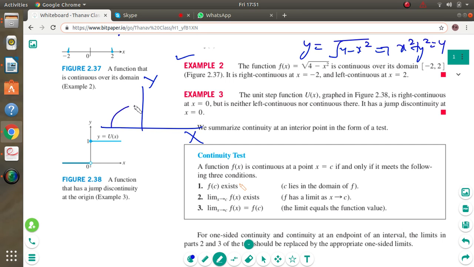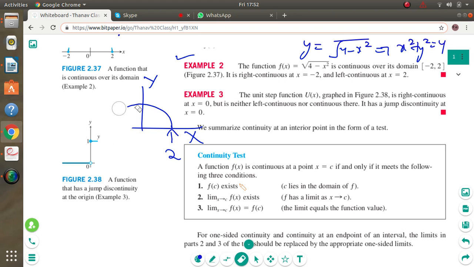So here this function is continuous over the domain minus 2 to 2. Now it is right continuous at x equal to minus 2, at this point. It is right continuous, and at this point it is left continuous. So I think just an illustration is given. Okay. Anyways, no issue. Now next we have